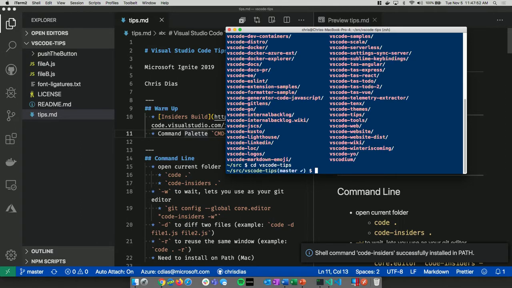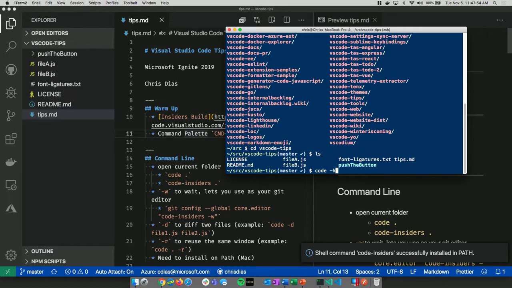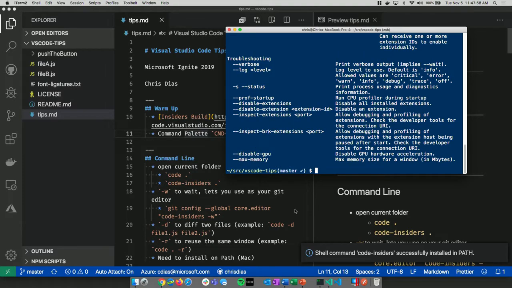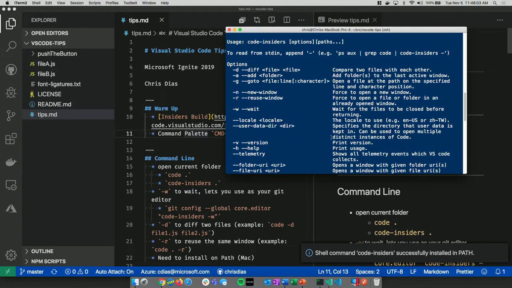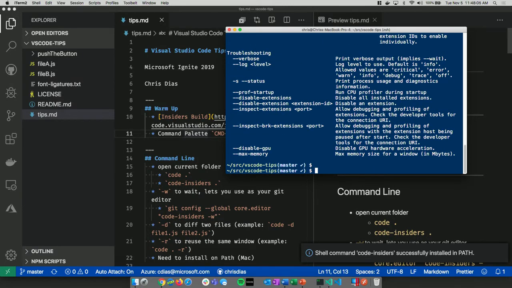So then you have the ability to come in here and say something like Code Insiders -H, and then I get all of the cool things that you can do from the command line. There's a few things that I like to do. One of the neat ones, if I say Code Insiders -W,